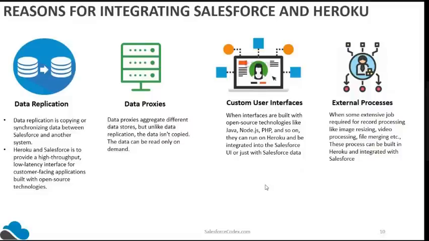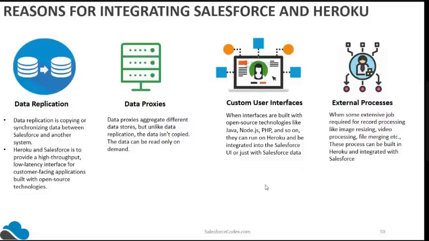Why is it needed? Sometimes, take the example of Amazon, a similar kind of website you want to create for your client, and that data will be in some database, which is Heroku Postgres. At the end of the day, because Salesforce is your master system, you have to update all your data in Salesforce on a daily basis, or whatever frequency you want, maybe 1 hour, 10 minutes.